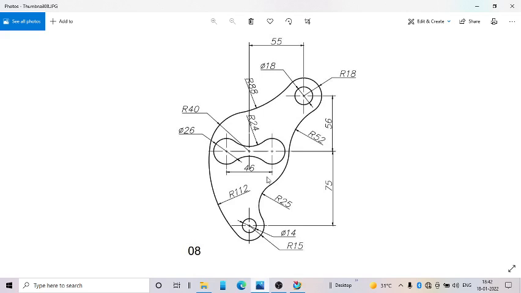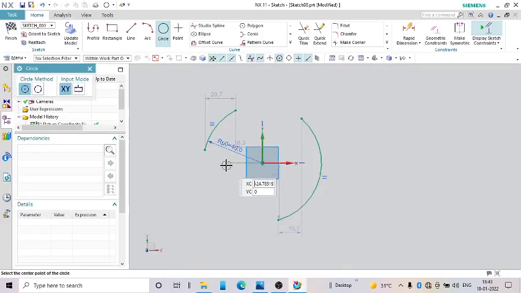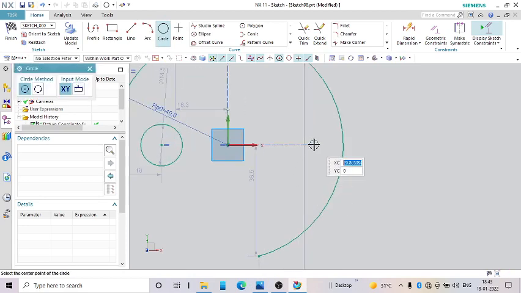Now at the center there is 26 diameter 2 circles. Let us draw those circles. So one circle here, another one somewhere here.